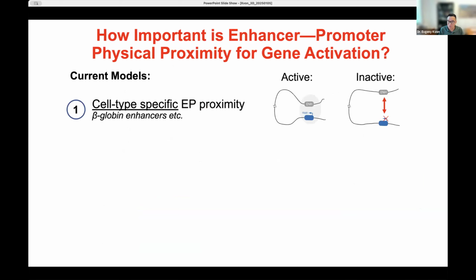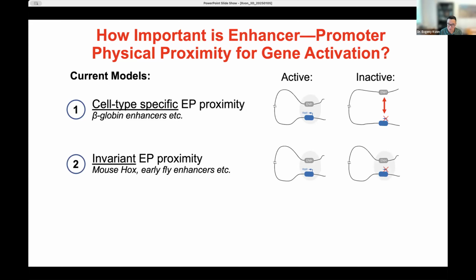the definition of an enhancer is that upon activation, it loops to the target promoter and that activates it. And then when it's inactive, it's not looping. Work from many labs over the last 30 years, for example at the beta globin locus, showed that it is indeed the case. And also, we can artificially force an enhancer to the promoter, and it will actually cause its activation, as was shown beautifully by the Gerd Lobel lab.